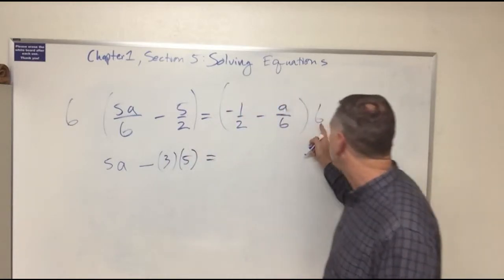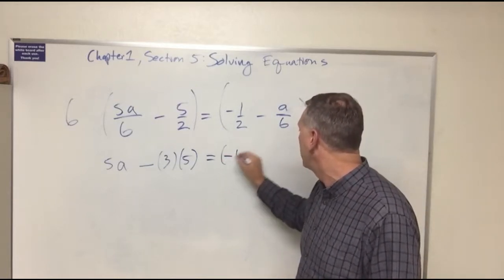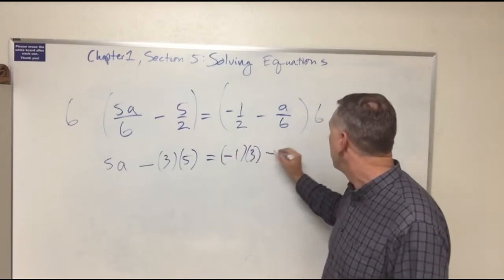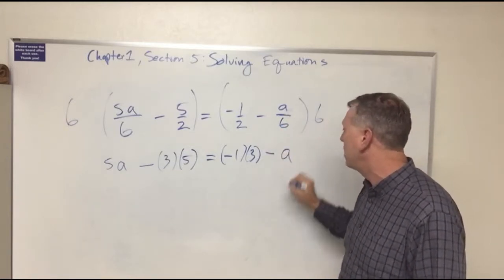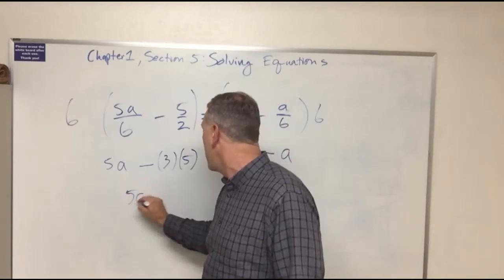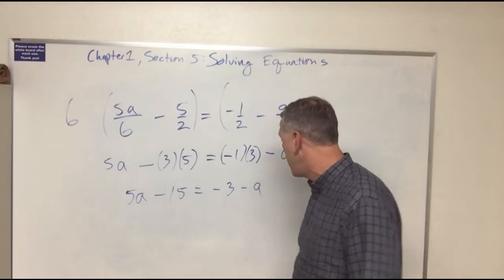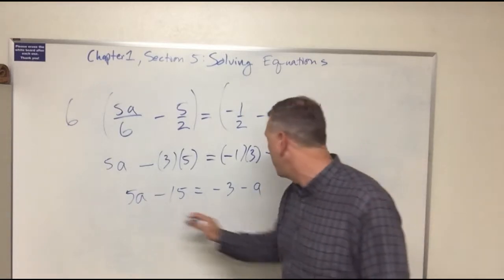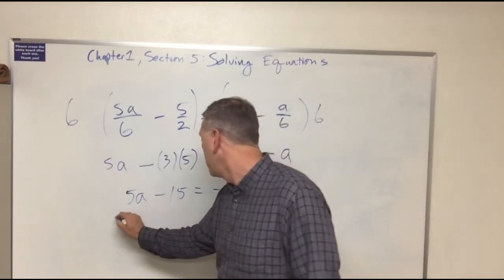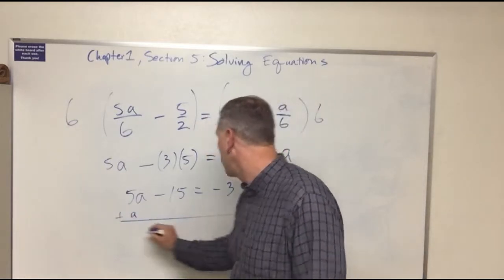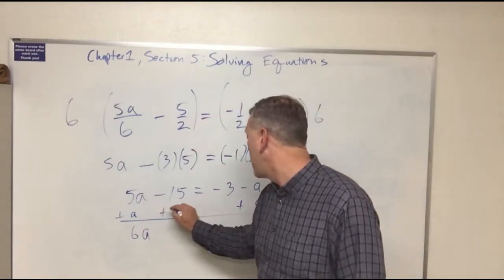And that's going to equal, and then the same thing over here. 2 into 6 goes 3 times, minus 1 times 3, minus, don't lose the minus sign. 6 into 6 is 1 time, so we just have a left over. And this is going to give us 5a minus 15 equals minus 3 minus a. Now we're going to add a to both sides in order to get a all isolated on one side, plus a, and that's going to give us 6a. And then if we will add 15 to both sides,